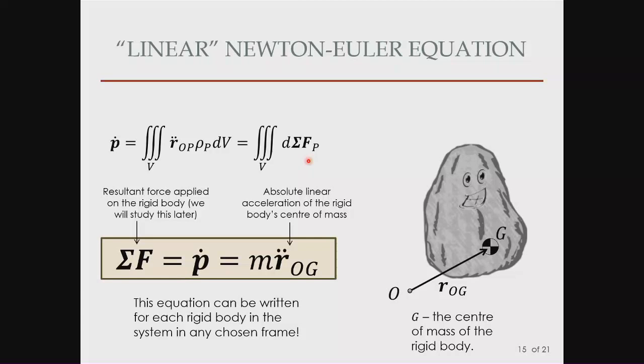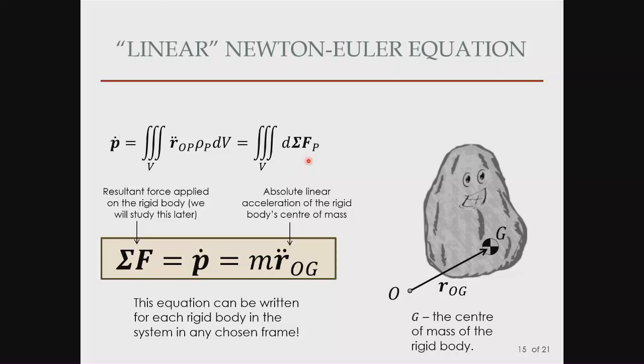So external plus d sum f internal. This is the green and the blue. So these ones will cancel out throughout the integration over the entire rigid body, and you will be left with